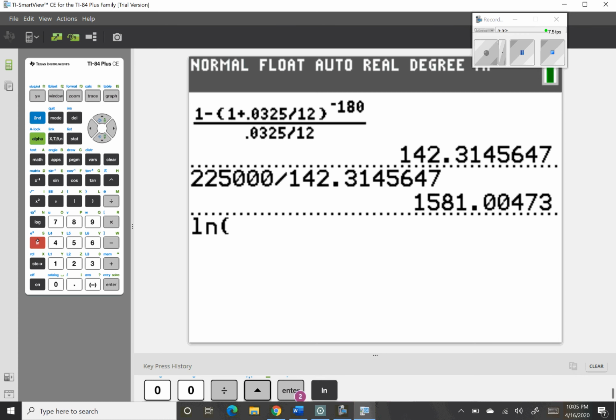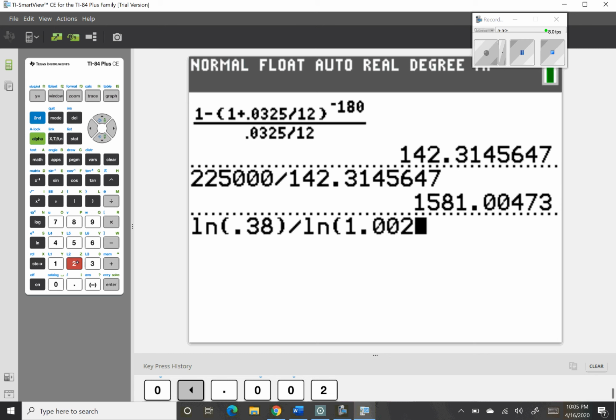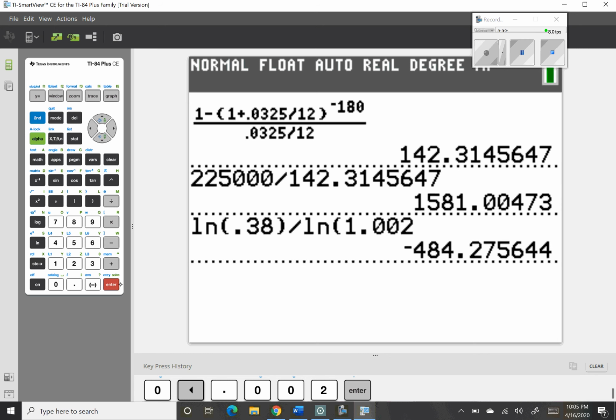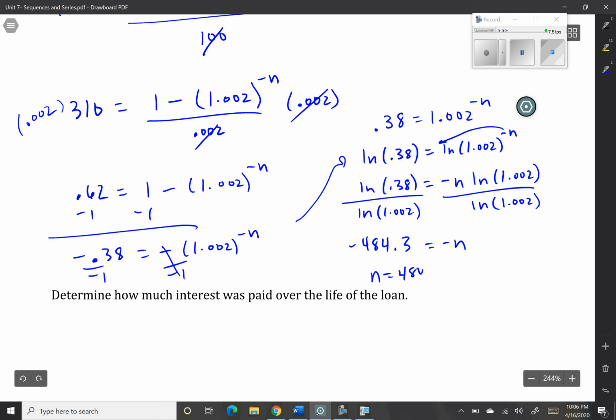So if we type it in, natural log of 0.38 divided by the natural log of 1.002, I get negative 484 point something. We'll say 484.3, that's good enough. Both sides have a negative, so we can say n is equal to 484.3. That means it's going to take 484.3 months to pay off this loan. I can't pay off 0.3 of a month, so I'm going to say 485 months. If I divide 485 by 12, that's going to be about